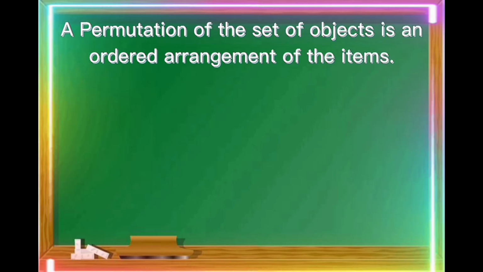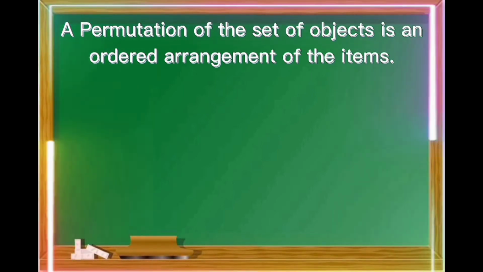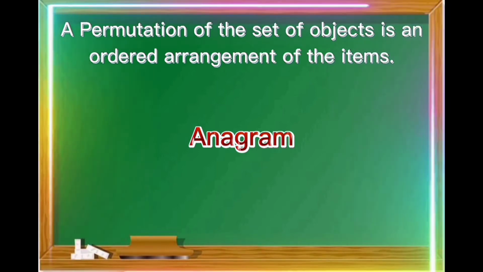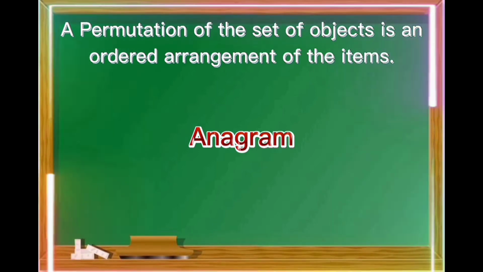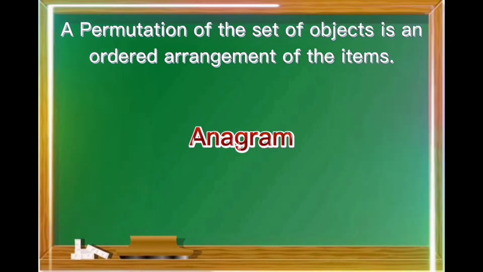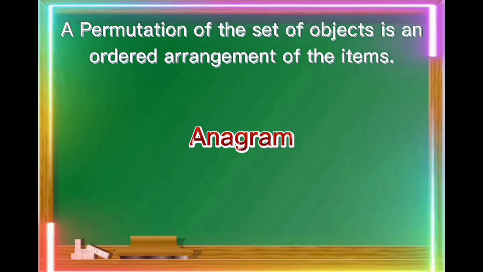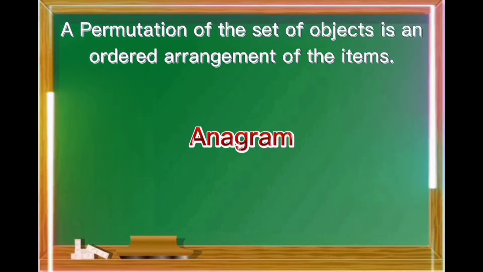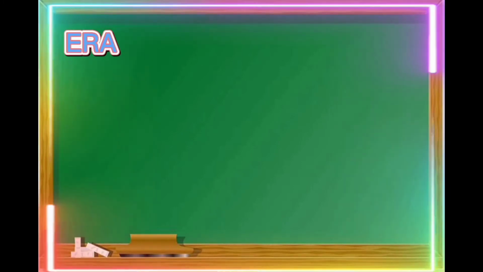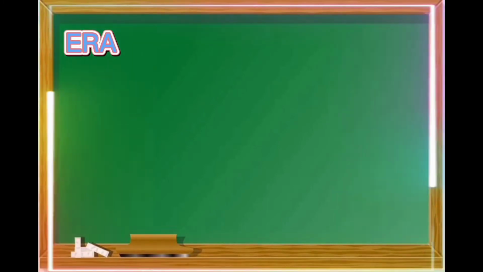In English, one good example of permutation is an anagram. An anagram is a type of wordplay wherein the results of arranging the letters of a word or phrase produce a new word or phrase by using the original letters exactly once. For example, the word silent is an anagram of the word listen. If we go back to the arrangements of the word era, there we have 6 arrangements. These are